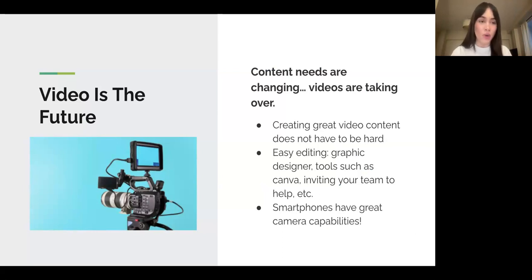You don't have to, again, go in and record videos. You can just take pictures and make a collage. And nowadays, smartphones have great camera capabilities and even editing. There's a free app called Splice that you can get on your iPhone or smartphone, and that's something that you can easily create collages with. So if you want to create a 15-second photo collage that's a reel, you can do it on Splice for free. It's as easy as just selecting the videos and cropping them, and it will glue them together for you. So things like that make it really easy and accessible to be posting video content.